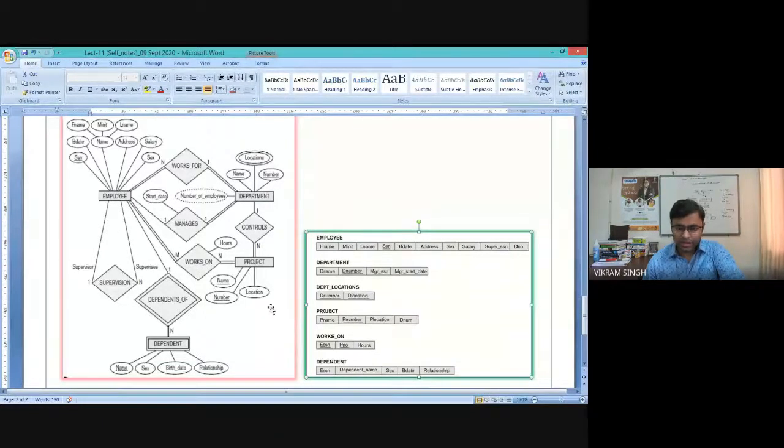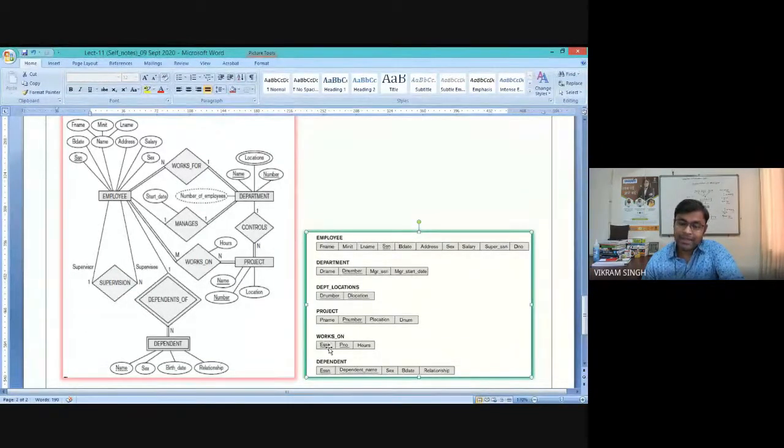So you can see we have the works on table, with attributes as the primary key of the employee entity and the primary key of the project entity, because these 2 entities are participating in this relationship, right? These two attributes will also be foreign keys.